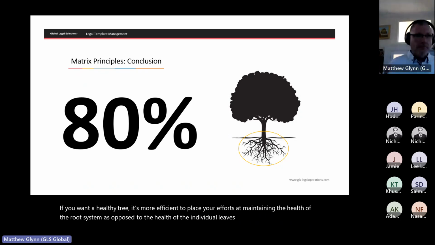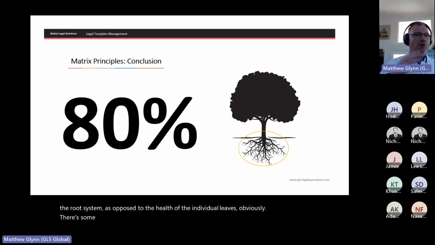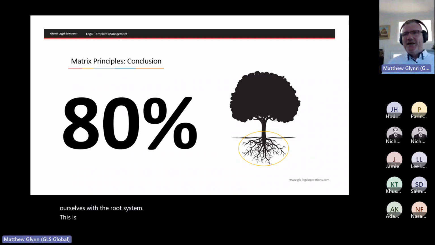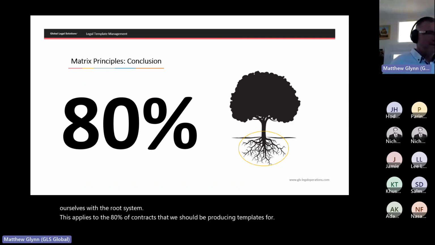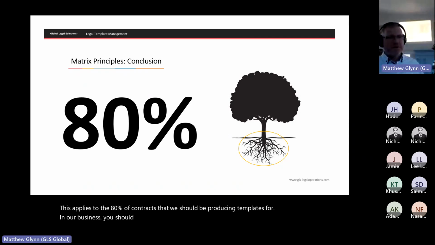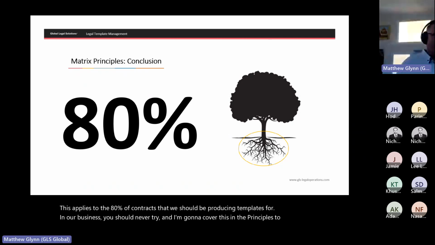Obviously, there's some work to be done on the leaves, but for overall optimal health, we need to concern ourselves with the root system. This applies to the 80% of contracts that we should be producing templates for in our business. You should never try, and I'm going to cover this in the principles, to have a contract for every scenario.